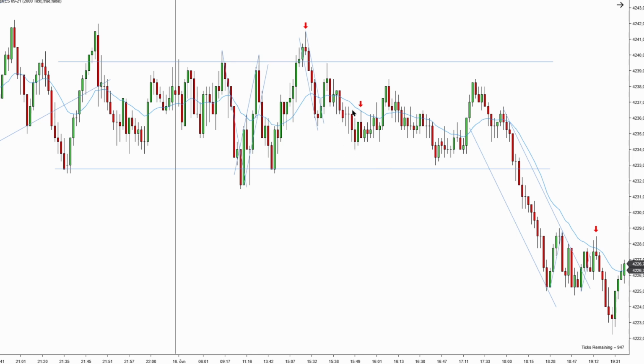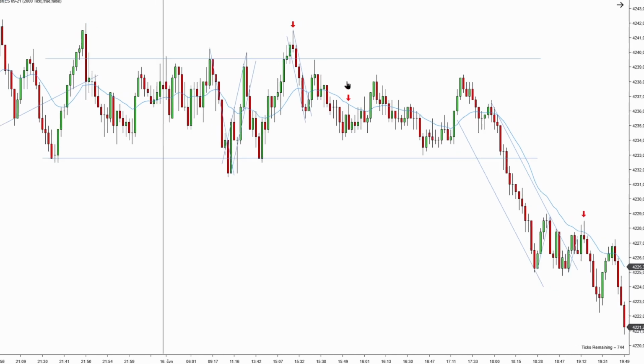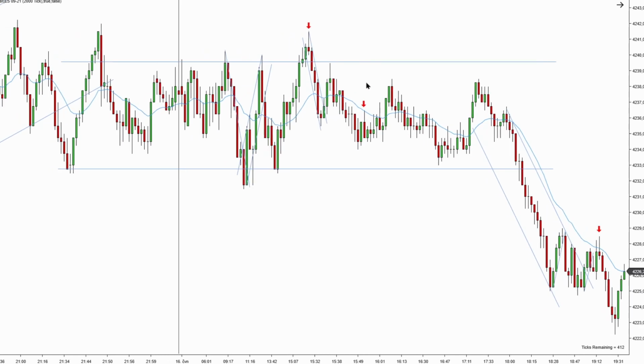And I made a cardinal mistake here: I traded the market that I wanted and I didn't trade the market that I was getting. I found my trend line something like this, and if you put it like this, it doesn't really look too good. So I put it like this. This looks quite tight, but you have this massive overshoot,